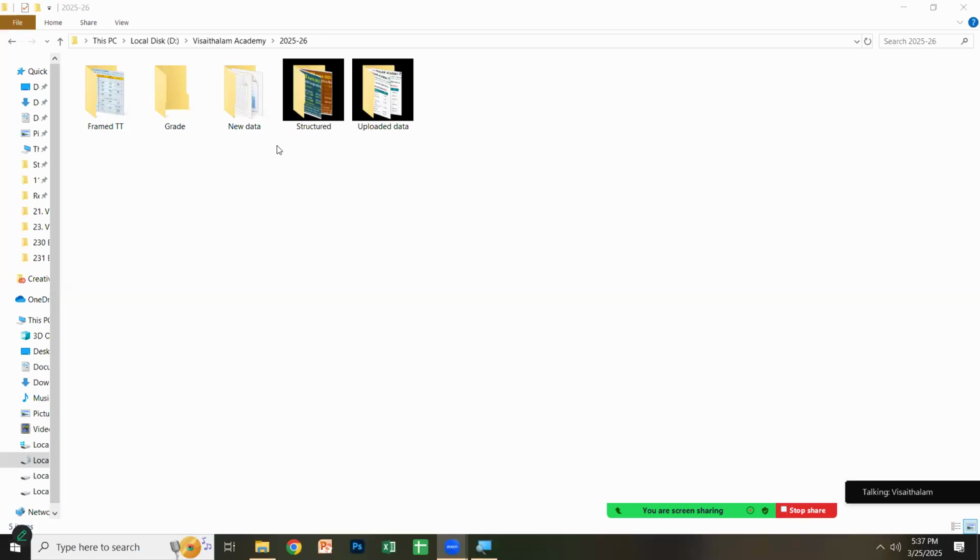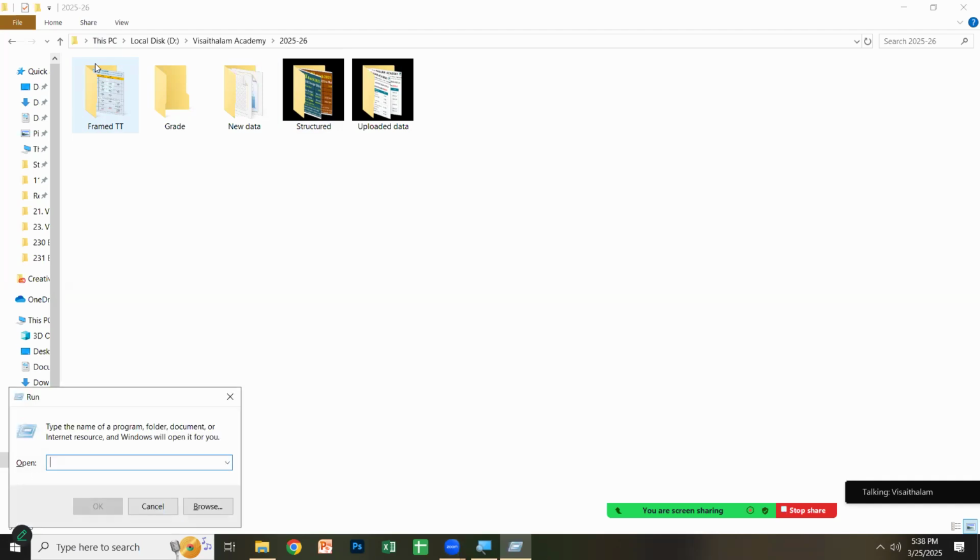How to remove black background on folder icons. If you are tired of changing the folder icons often and it's not solving it, here are simple steps to solve the problem. First, go to the run command, press Win key plus R, so the run command will open,